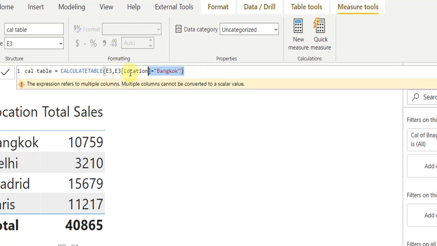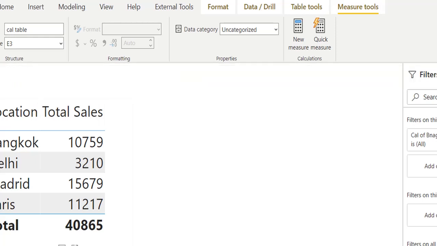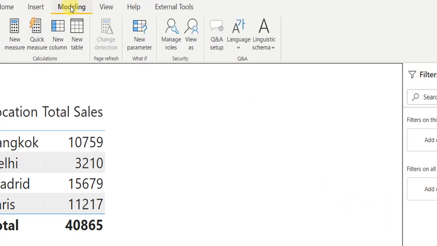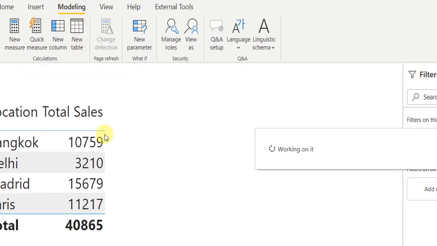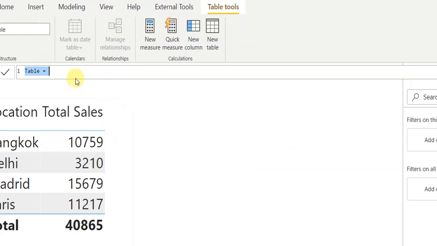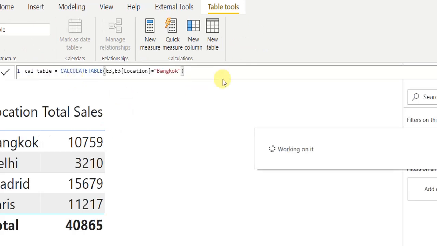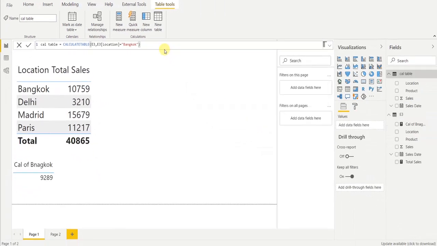So what if we copy this formula and come outside of this function, go to the modeling tab and then click on new table and paste the same formula. You will see at the right hand side there is another table which is created by the name of cal table, and the fields are the same.